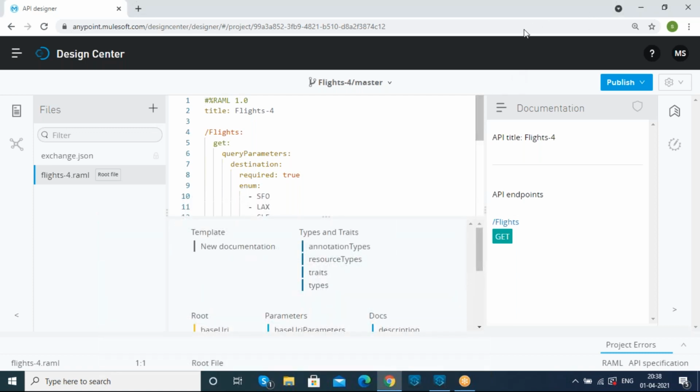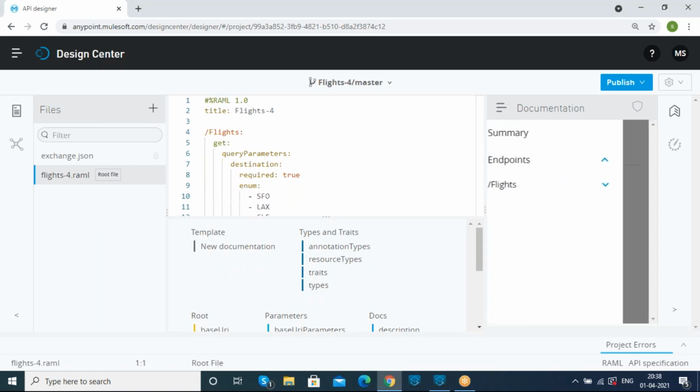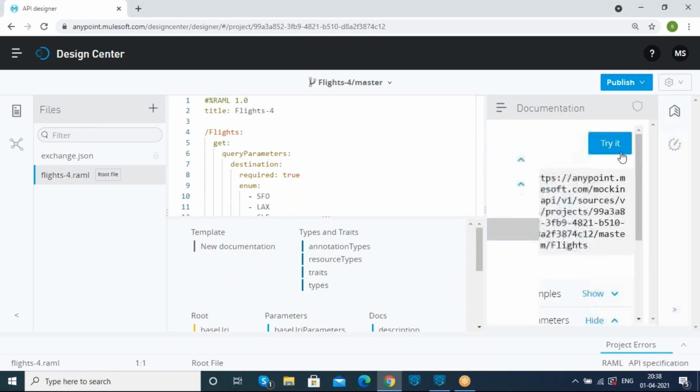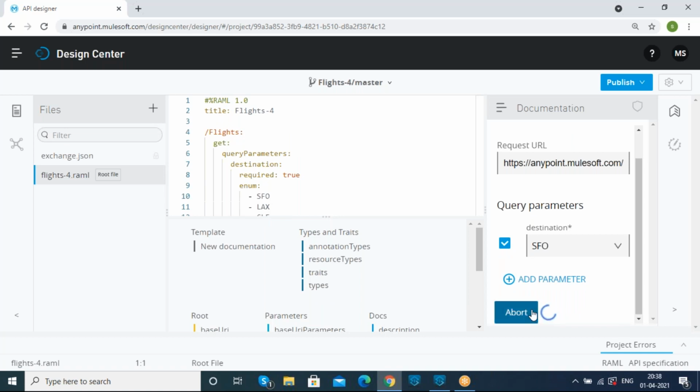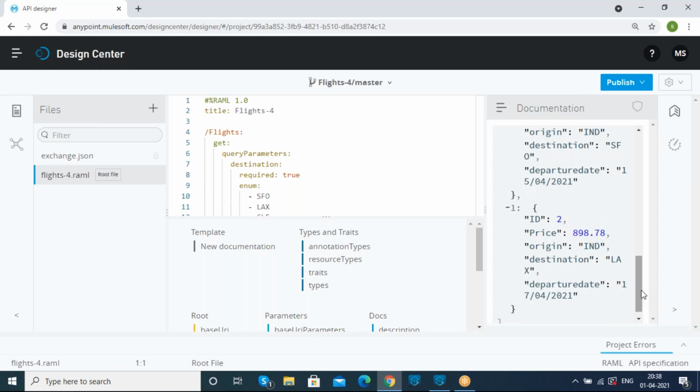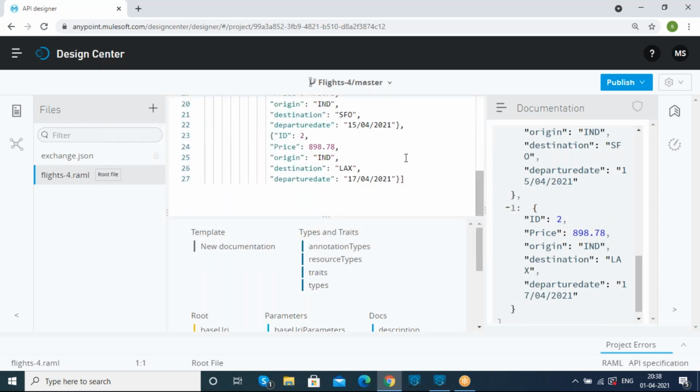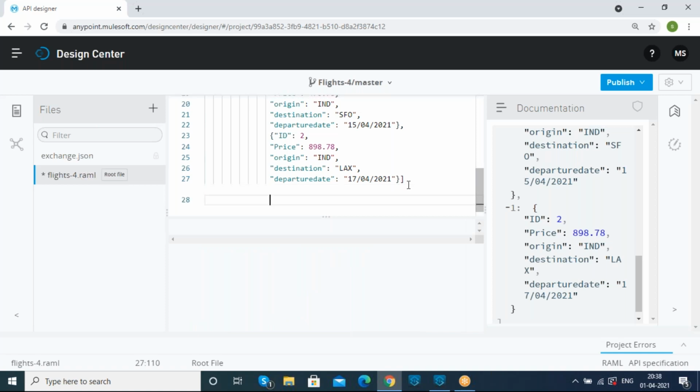So yesterday, whatever the project we had designed is, if any user comes into our application, they can visit our application and use the get method in order to retrieve the data based on the destination parameter. By using the query parameters, they will be able to request it. And whatever data we receive as our response here is static data, since we do not have any connectors over here, so we are just moving forward.